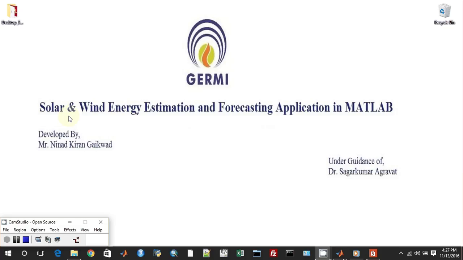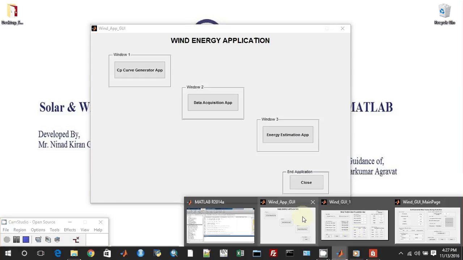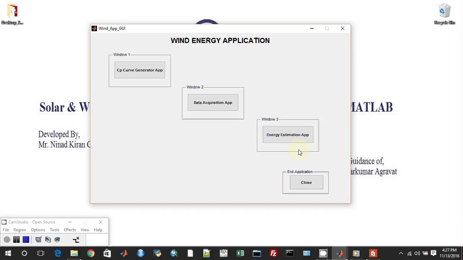Sagar Kumar Agrawal. In this video, we will have a demo on the wind energy estimation app using wind and temperature files from the user. As we have seen from the last videos, the wind energy estimation app is a sub-app of the wind energy application. So we can maneuver to the wind energy estimation application from this window by pressing this button, or